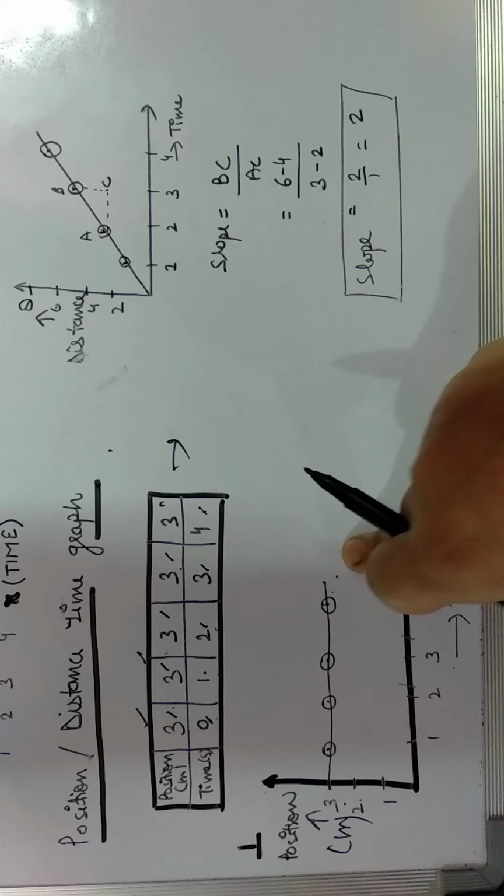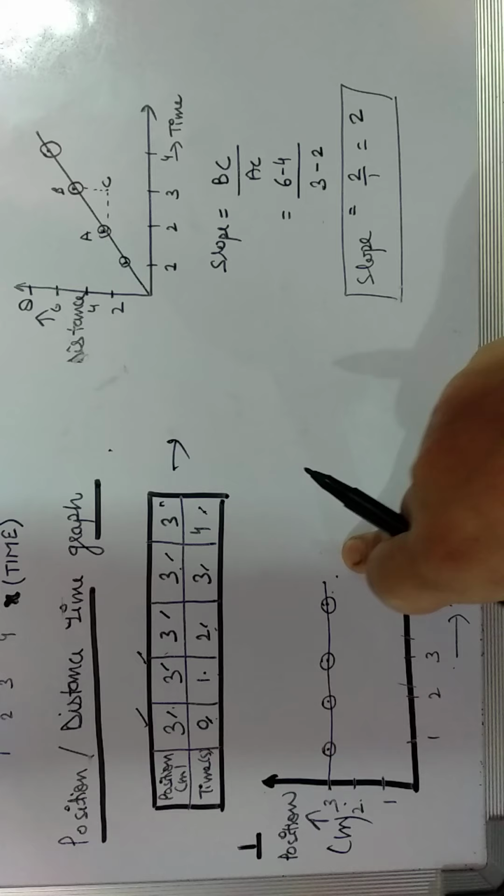This is the data taken for a car by an observer in 4 seconds. For each and every second, you can see in the table that the position is 3 centimeter. When we draw the graph according to this table, we get a straight line which is parallel to the time axis. That means for 1 second it is 3 meter and for further seconds it is 3 meter.